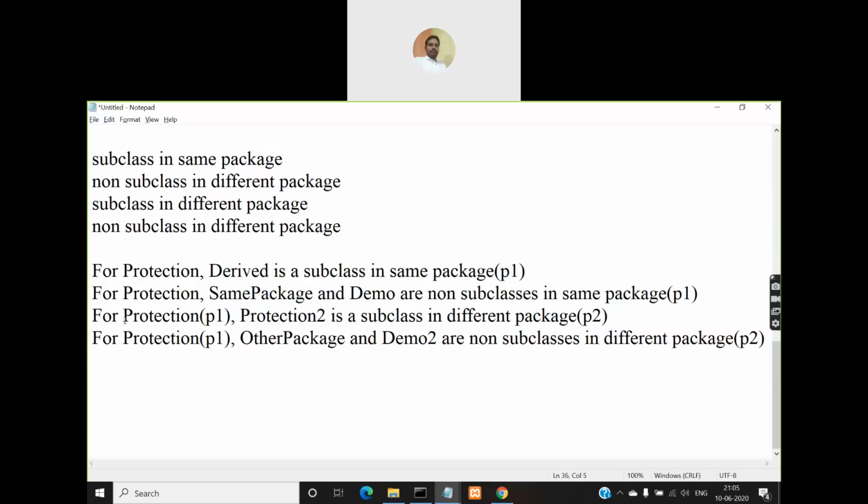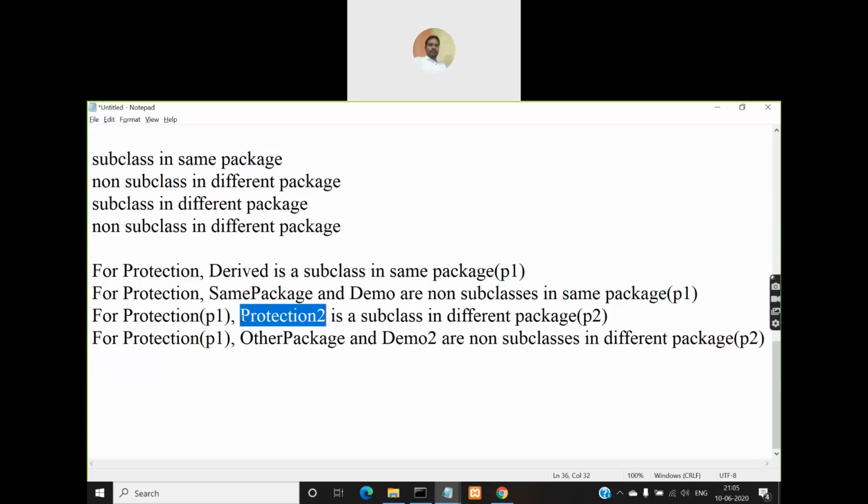Then the next classification is, again consider the same class protection, which is defined in package P1. Now you consider another class. Out of those 6 classes, we have considered derived, same package and demo, so they fall into these 2 categories. Now how many classes are remaining? 3 classes. So we'll take first protection 2.